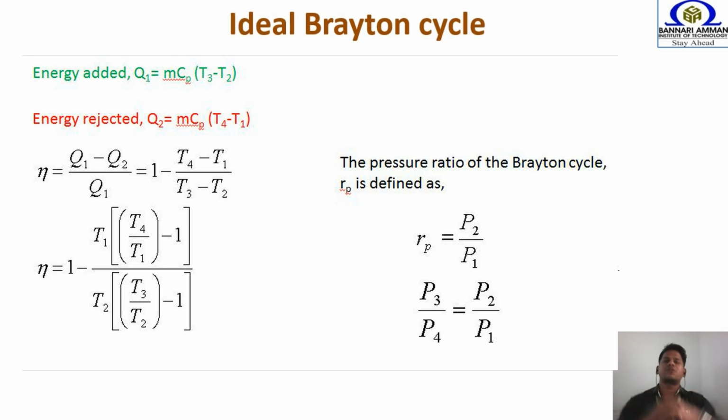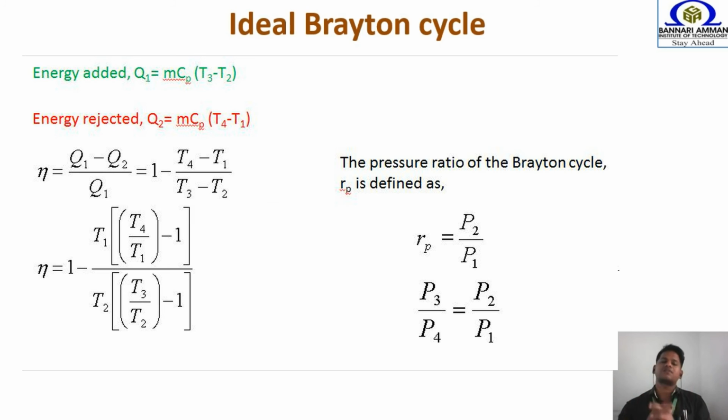Where are we giving input energy into this Brayton cycle? QS. We are just supplying the fuel as input energy. What is the form of energy? Chemical energy. We are converting chemical energy into thermal energy. Again, we are converting thermal energy into mechanical energy. This is what happens in your Brayton cycle.